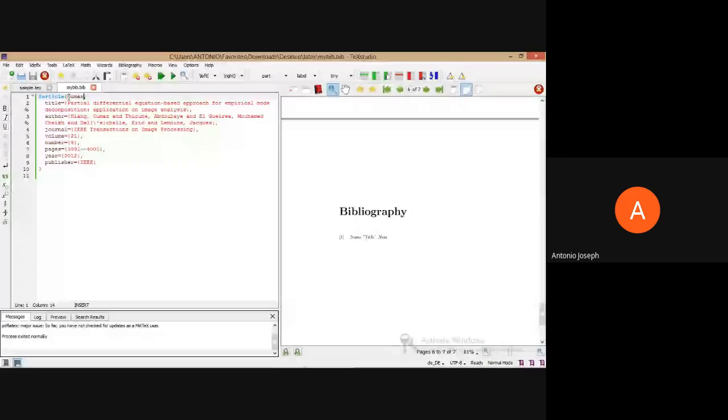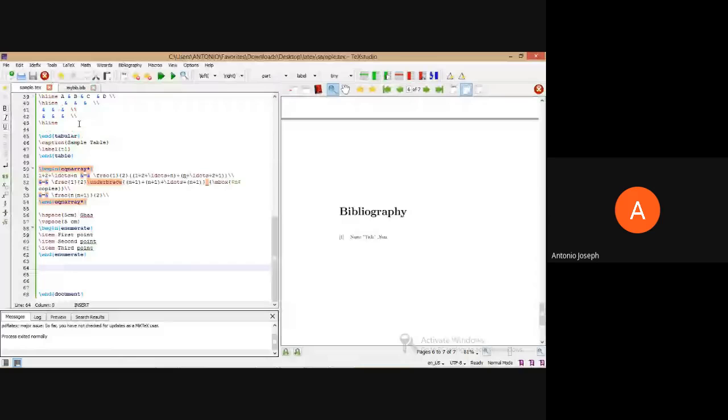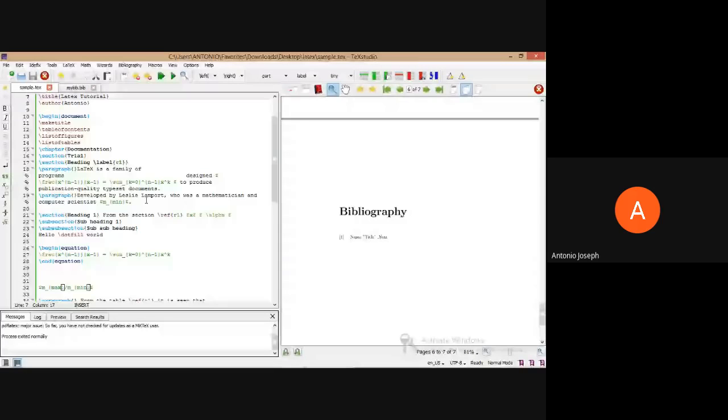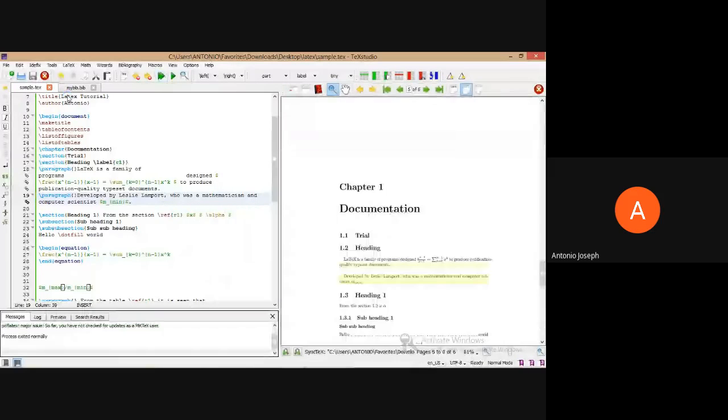And now moving back, at any point of the text, here we can provide the command \cite. And this should be coming over here. Before that, we need to compile it, and then we need to specify the file we had created, which should be taken for inserting the bibliography. So that should be specified.